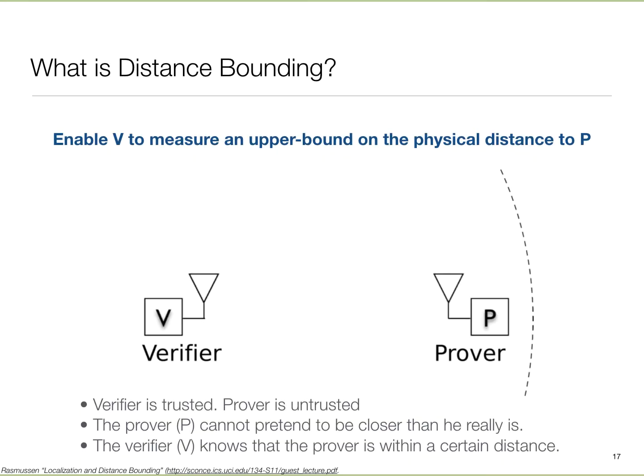But for now, I just want to touch upon a few things about distance bounding, which I glossed over last time. So again, recall the problem we are addressing is that we do not want one party, the prover, to pretend as if it is closer than it really is. Another way of saying it is that we want to provide the verifier, an ATM machine, a car, or something like that, an assurance that the other party, the key or a human being, is within a certain distance. So we want to upper bound it as no farther than this distance.